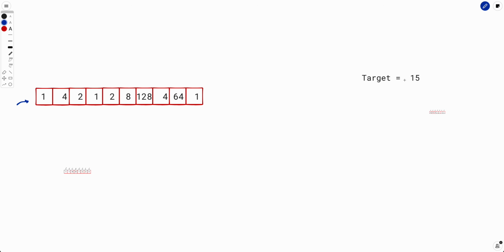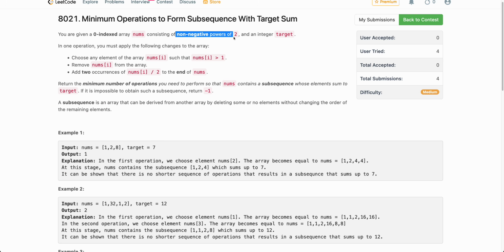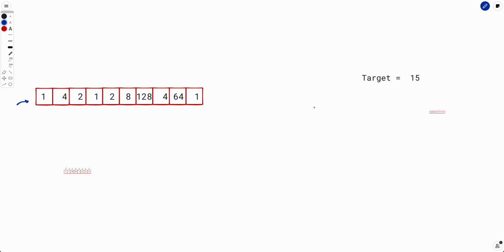You can think of a dynamic programming solution and try to code that, but as mentioned, using a dynamic programming solution here might not be a good idea because there are other complexities as well which we need to take care of. So we need something better. Now in this problem particularly, we are given that every number that we have is a power of 2. So from that, what we can